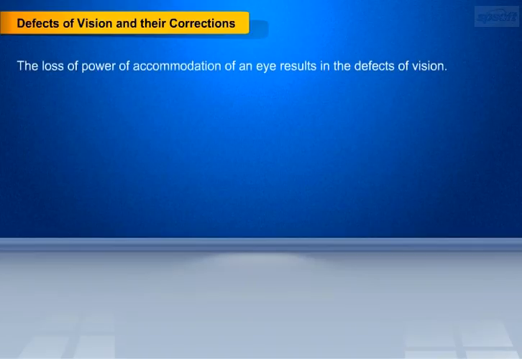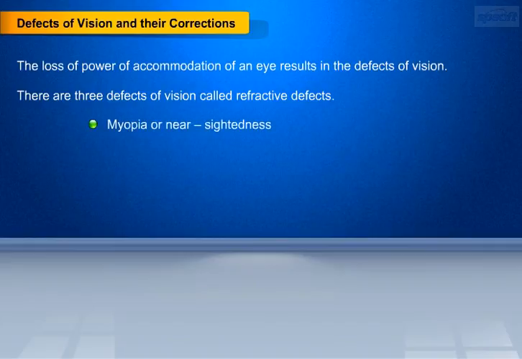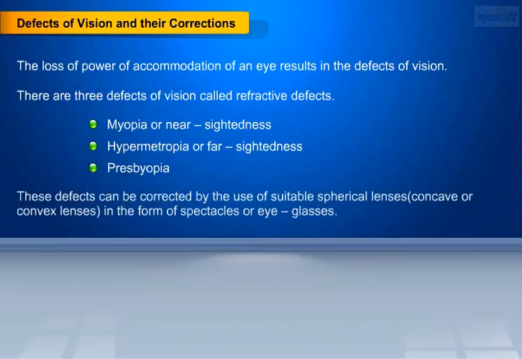Let us understand how the defects of vision occur, and how they can be corrected. The loss of power of accommodation of an eye results in the defects of vision. The defects of vision are also known as defects of eye. They are myopia or nearsightedness, hypermetropia or farsightedness, presbyopia. These defects can be corrected by the use of suitable spherical lenses, concave or convex lenses, in the form